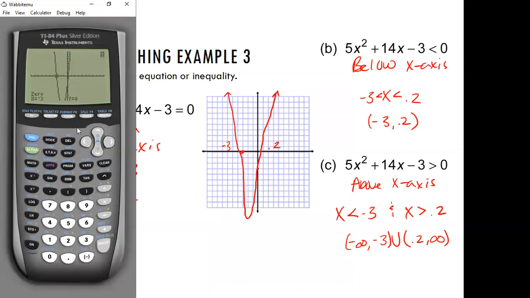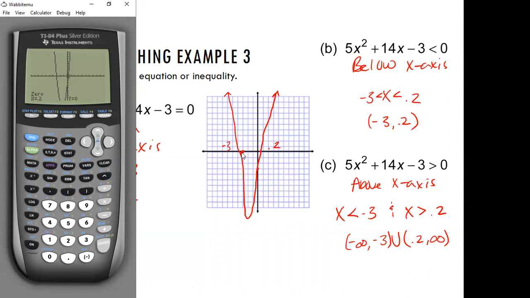I'm going to do the same thing on the other side. Second trace 2. On the right side, you're going to go below the x-axis. Even if you can't see it, pay attention to your numbers. Notice that y is negative, so I know I'm below the x-axis. Now I'm going to go above the x-axis. Notice that y is positive, so I know I'm above the x-axis. Does that make sense? Press enter, and it says your other zero is at 0.2, 2/10,